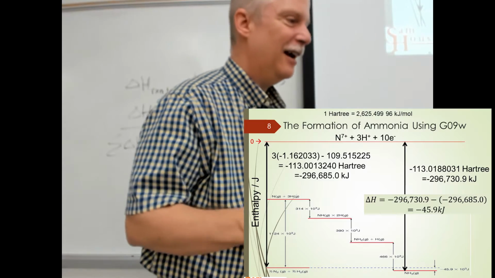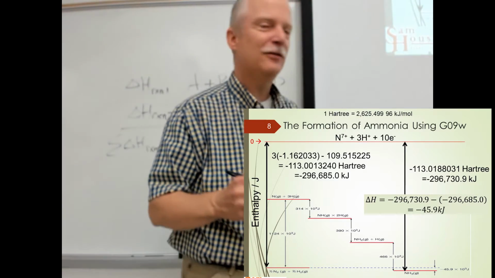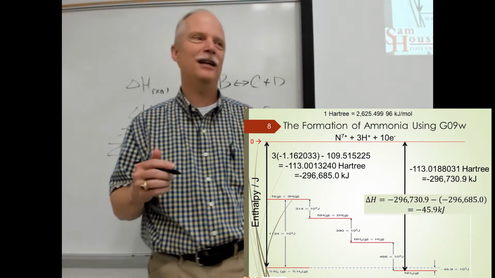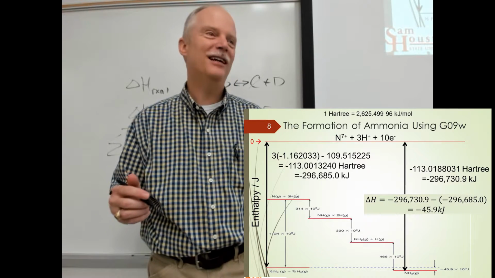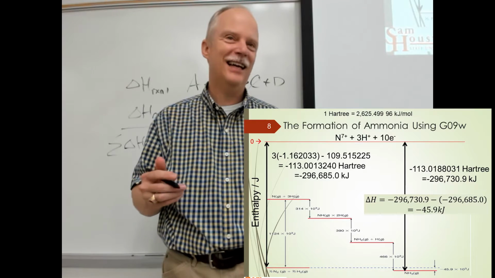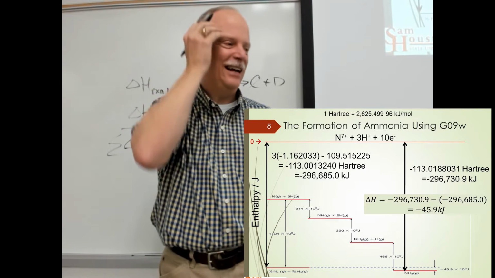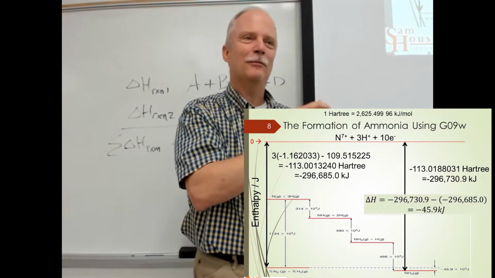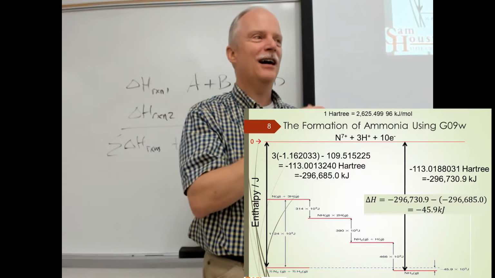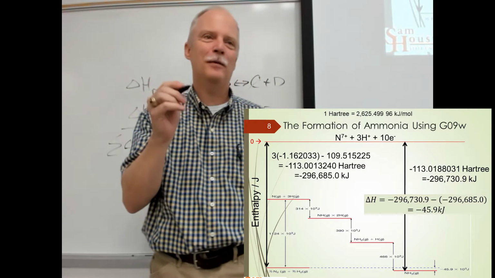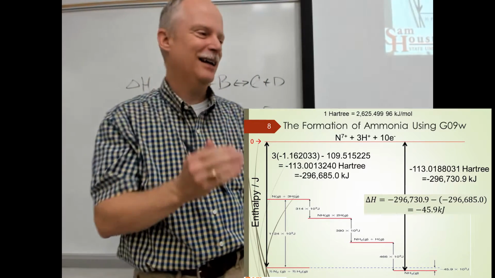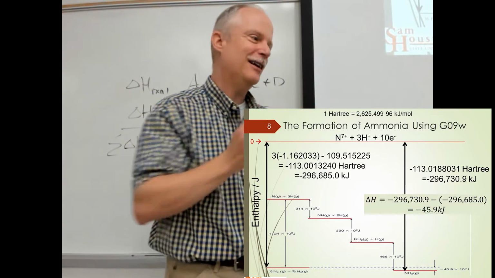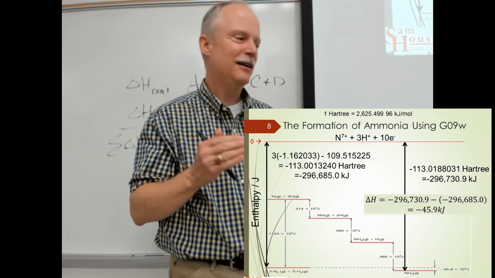And so this was a little stressful for me doing this calculation because I wanted to get the same delta H for my ammonia, and it did work out. But as I was doing the calculation, I was like, oh. Now it's been a while and I don't exactly remember what the model chemistry was. So shame on me for not telling you this is B3LYP, 6-31G. It probably is, but I don't know. I have to go back and do the calculation. Should have written it on here, and that's a problem for my notes.